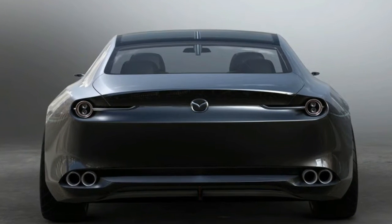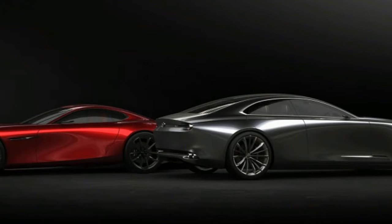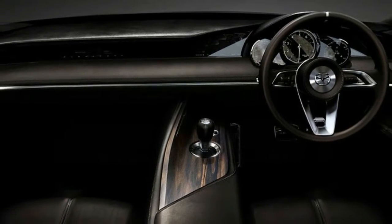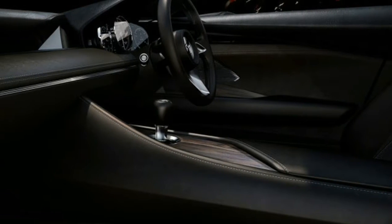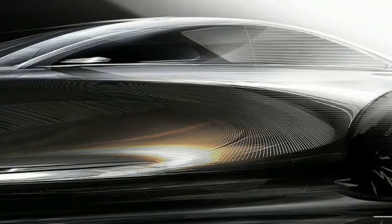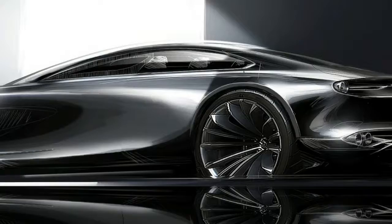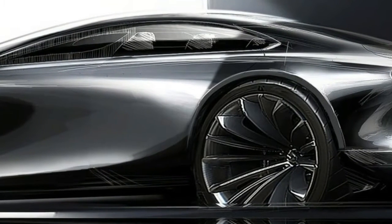Breaking even more conventions, while Mazdas generally are cohesive and well-rendered in their design, you would be hard-pressed to find one quite this sensuous. The Vision Coupe looks like an Aston Martin Rapide that has been placed in a sauna until its body mass index has whittled down to marathoner levels, and then scalloped and stripped of any unnecessary ornamentation, save for a kind of fingerprinted whirl in its side cove. It is elemental, at once plainer and burnished, with the lovely long hood/short deck proportions of a classic front-engine,